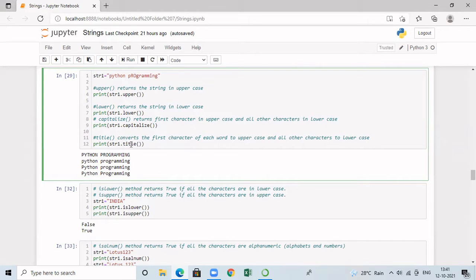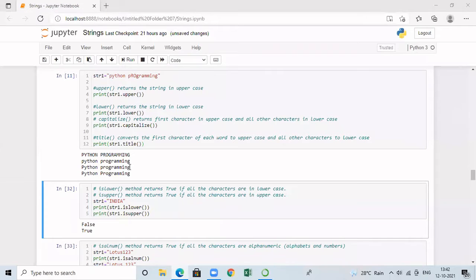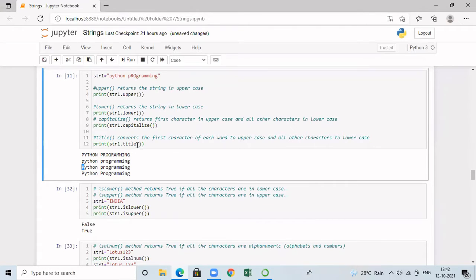And we have another function called title. When we call this function by means of str1.title, it is going to convert the string into title case. Title case is nothing but a string will have so many words, and in every word, the first character will be converted into uppercase and all the remaining characters will be converted into lowercase. So when we consider the output, the capitalize function converted the first letter of the particular string into capital, and the title function is going to convert the first letter of every word in the string into capital. All the remaining will be in smaller case.